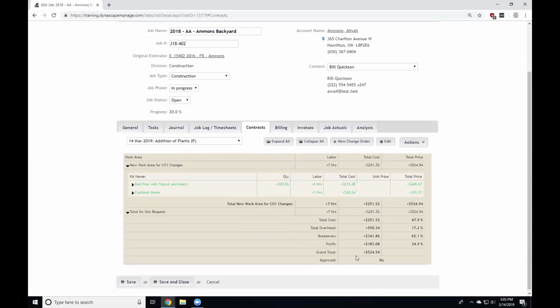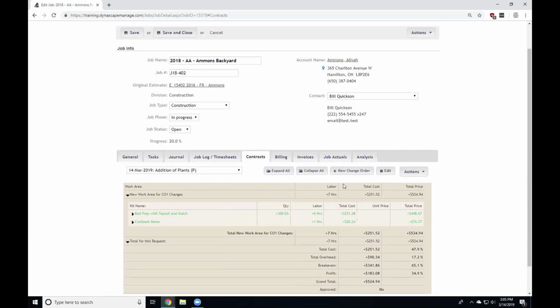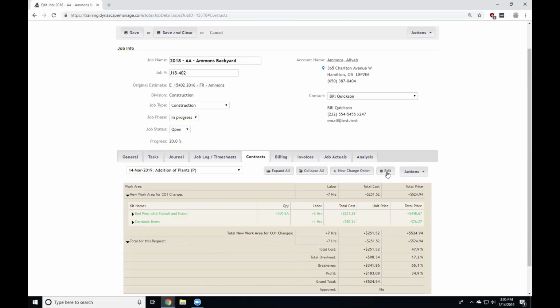At the bottom, again, you'll see if it was approved, no. But over here, again, I can make a brand new change order. I can make another change order, even though this one's not approved. This button now says edit. Because I'm looking at a change order that's not approved, that button says edit. If I want to get back to that screen where I was before, where I can edit the pricing, edit the quantities, make any substitutions, make any changes like that, I can use the edit button to get back there